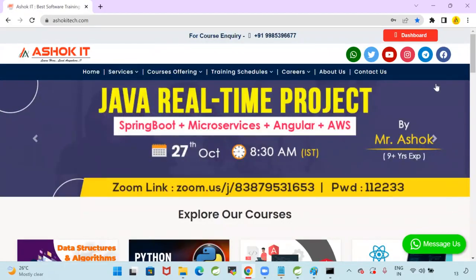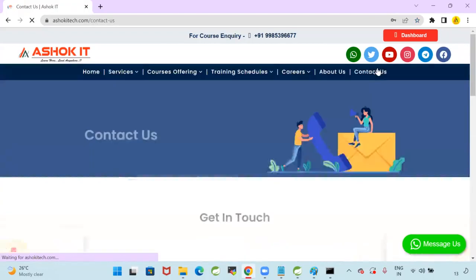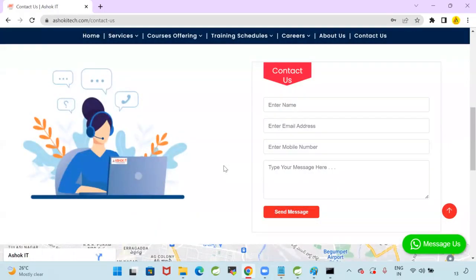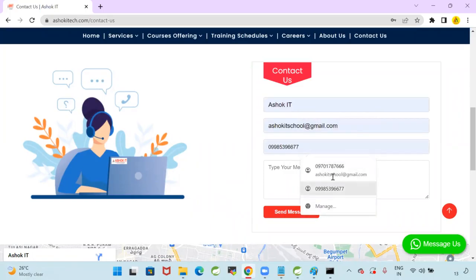Suppose for example, if you go to contact us, there is a form available. You are going to enter your name, your mail ID, mobile number, your message. This is a form which is available in the front end of our application. Now, as a user, you are going to fill up your data and you are going to click on send message or submit. Whenever you submit this,